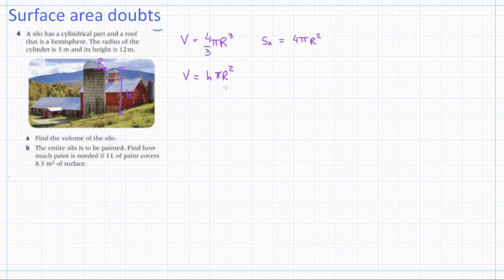That's the volume of the silo and the surface of the cylinder. And for the surface area of the cylinder, in this case, since it's not going to be the full cylinder, because the question is asking us, okay, we're gonna paint